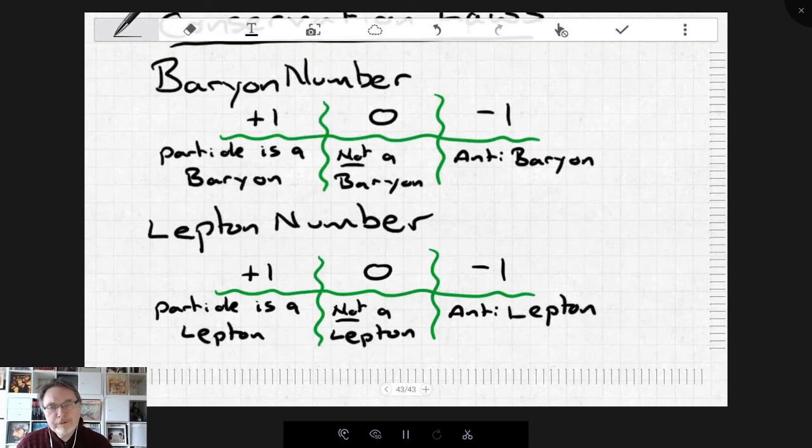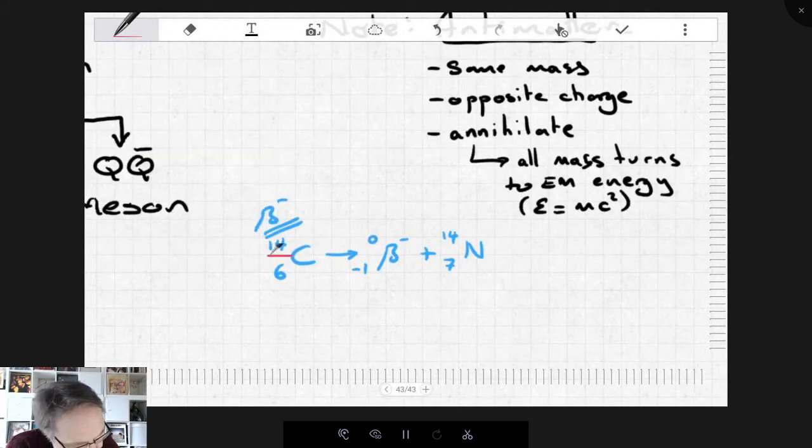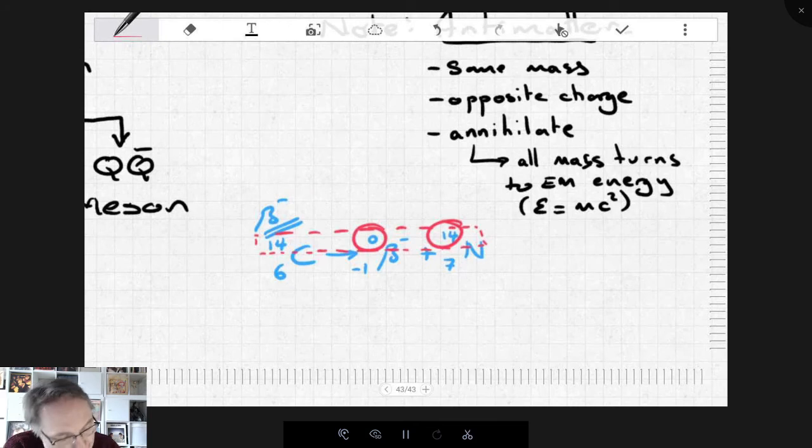An example of where this particular information is useful is when we're trying to work out nuclear changes. For example, you can see that the top number works. 14 does equal 0 plus 14. That's a consequence of baryon number. The top number is not the mass number. The top number is the baryon number.